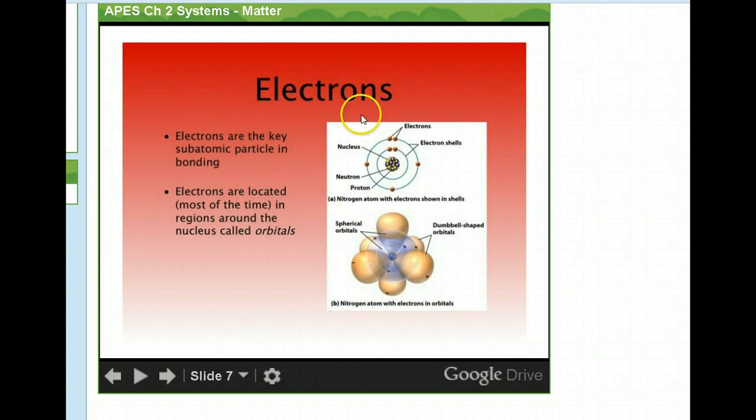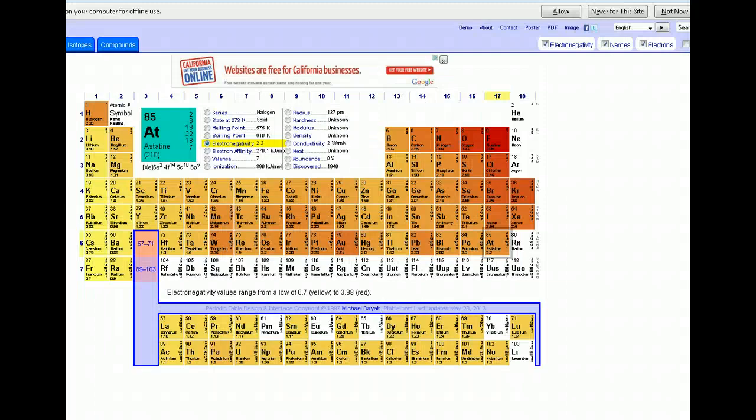So let's look at the periodic table real quick and remind ourselves how that works so we can use it this year. Remember, group 1 has 1 electron in its outer shell. Group 2 has 2 electrons in its outer shell. Group 3A has 3. Group 4 has 4. 5 has 5. 6 has 6. 7 has 7. And 8 is totally filled up, with 8, except for helium, which can only hold 2 in that small shell. Hydrogen has 1 electron in its outer shell. Helium has 2 in its outer shell.